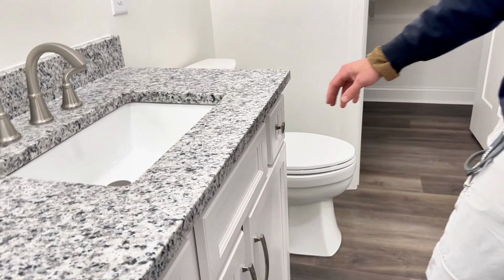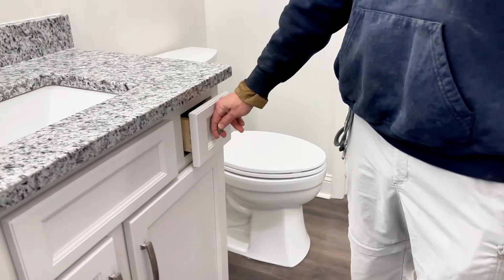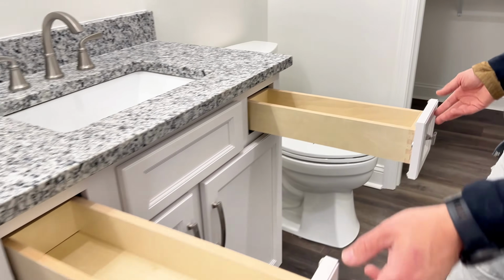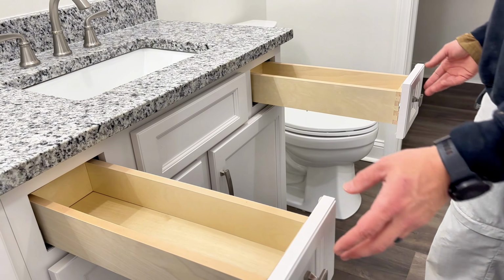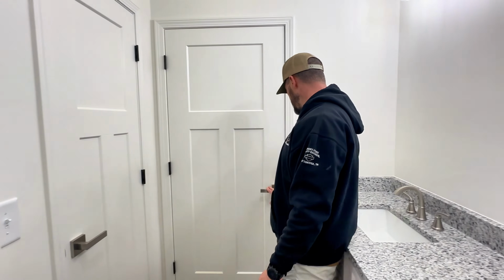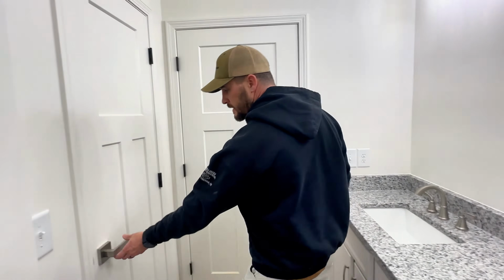But one thing that is different from a storage perspective from our current house is all you got is 2 little drawers right here, which is plenty for me. I have a feeling my wife will have this one, this one, this one, and half of that one. So this is one thing that's gonna drive me insane, and I didn't think about it, but you can see that the